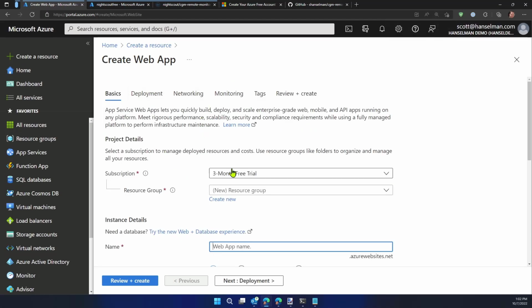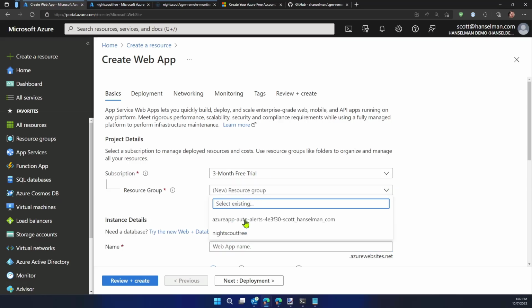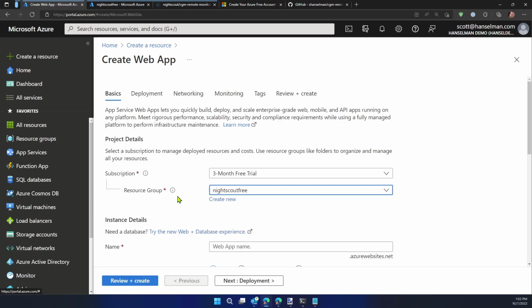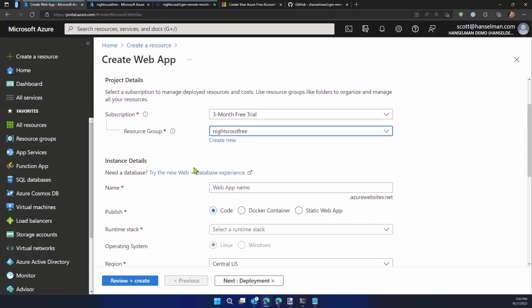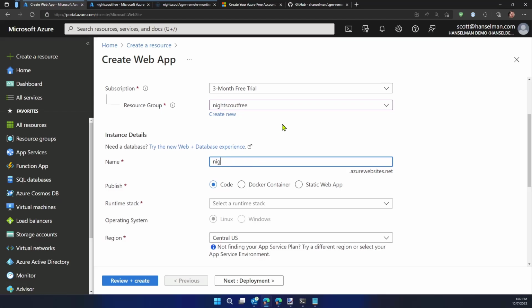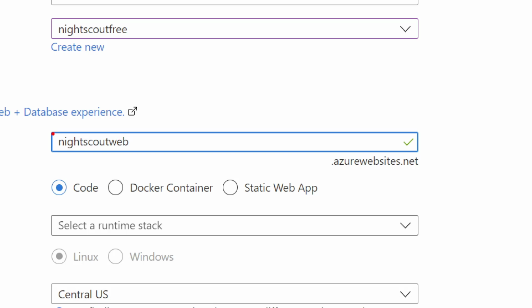Okay, now this is important. We're going to want to double check that we're on a free trial. We're going to check our resource group and we're going to pick our Nightscout Free. We're putting it in the same bucket. Okay, then we're going to call it Nightscout Web. Now this is important. I'm naming it Nightscout Web. It's going to put a green checkbox there saying that's available. If you're doing this now and you're following along in this video, it's not going to work because I already got that name. So you might want to call it Scott's Nightscout or whatever your kid's name is or whatever